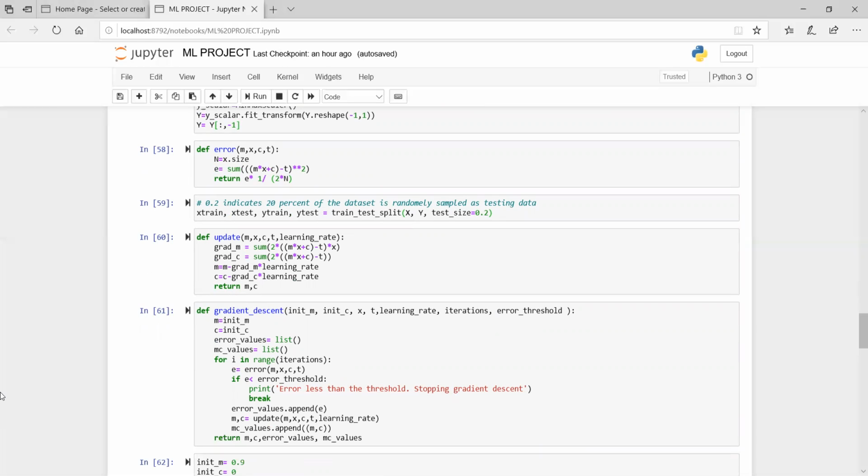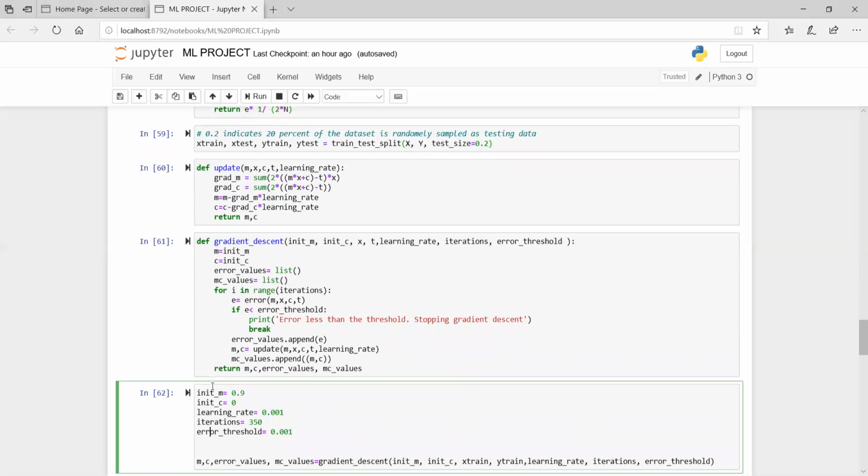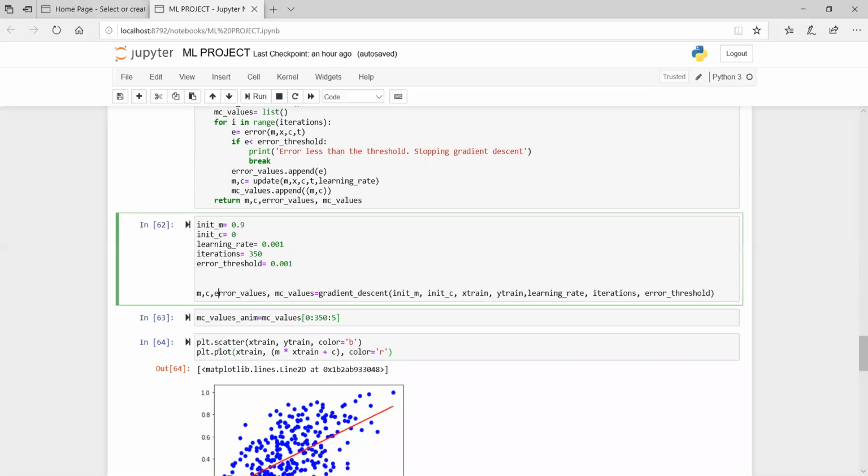To do this, we use gradient descent function to calculate the gradient of our cost function. To solve for this gradient, we iterate through our data points using our new m and c values. The resulting gradient tells us the slope of our cost function at the current m and c values and the direction we should update to reduce our cost function. That is the direction opposite the gradient. The size of our update is controlled by the learning rate alpha. Hence, we have defined the update function.